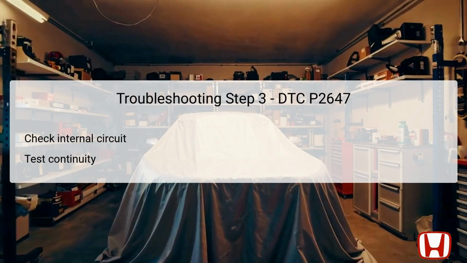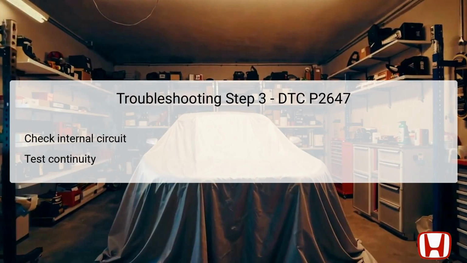For the third step in troubleshooting DTC P2647, it is essential to check the internal circuit of the rocker arm oil pressure switch. Begin by switching the vehicle to the off-lock mode to safely perform the necessary checks. Disconnect the 2P connector from the rocker arm oil pressure switch to prevent any electrical feedback during the test. With the connector disconnected, the technician should check for continuity between test points 1 and 2 on the switch's connector